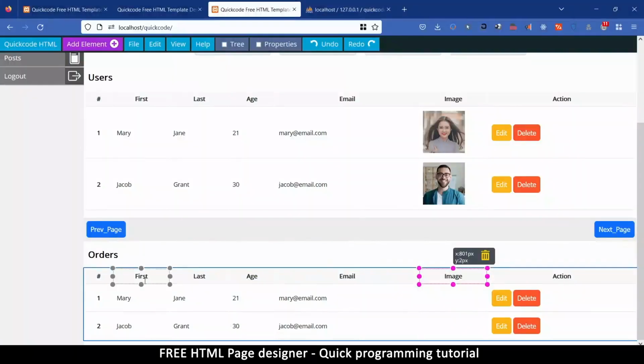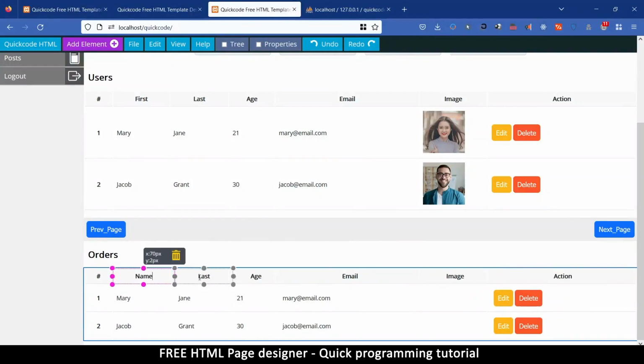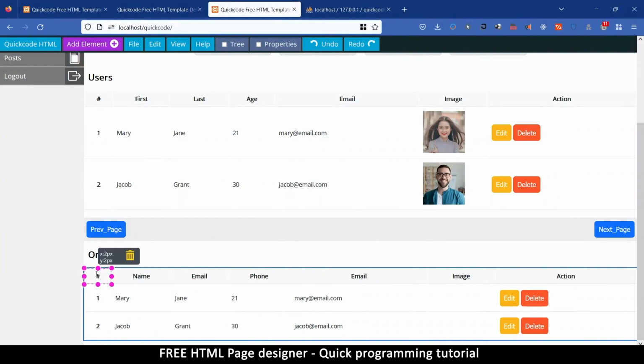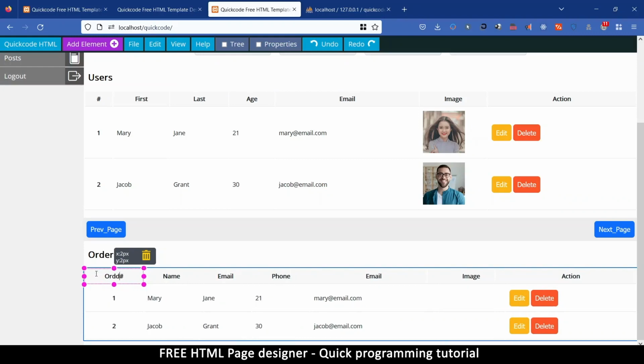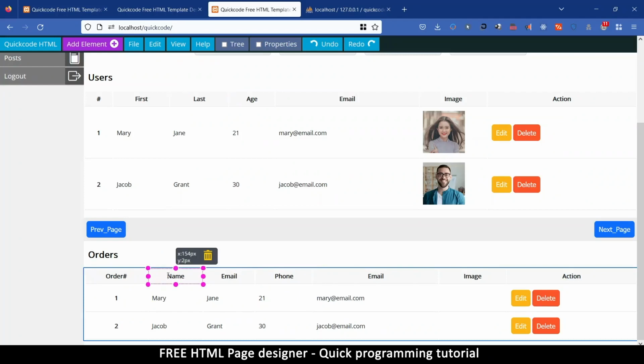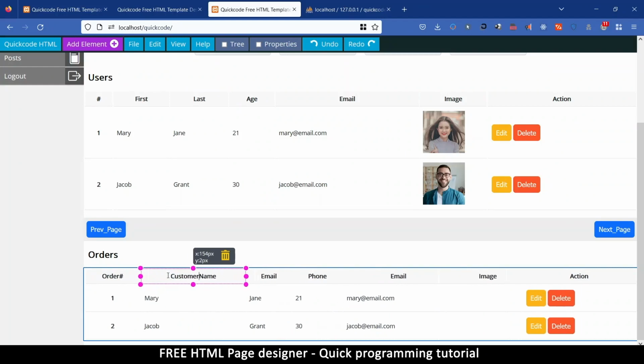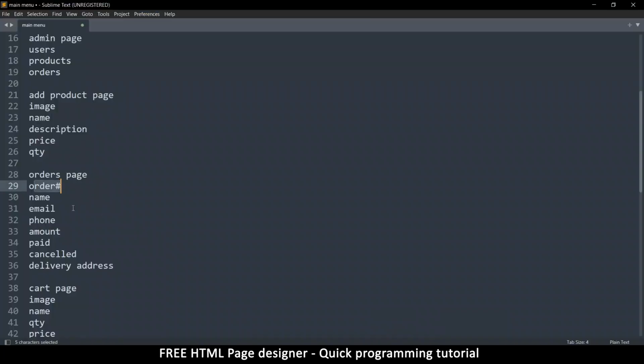So let's try and fix that. So name here, let's try name, and then email, and then the phone. So that's the order number here. No, order number, yes. Name, email, this is the customer name. I think we'll just call them customer name, like that. Email, phone, address, delivery address, and what else are we lacking? So delivery address should actually be last, but then we have phone,